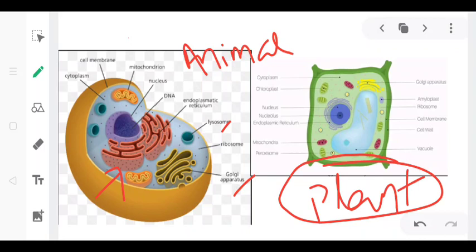And the last structure is your vacuole. Vacuoles are storage sacs for solids or liquid contents. Vacuoles are small in animal cells, while in plant cells they are very large. The central vacuole of some plant cells may occupy 50 to 90% of the cell volume. As you can see here, most of the space is taken by the vacuole. In plant cells, vacuoles are full of cell sap and provide turgidity and rigidity to the cell. Many substances of importance in the life of the plant cell are stored in vacuoles. These include amino acids, sugars, various organic acids and some proteins.